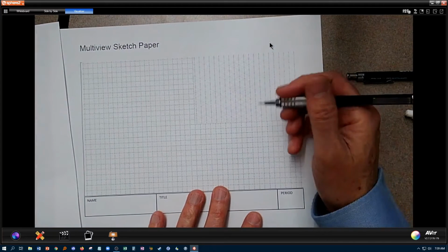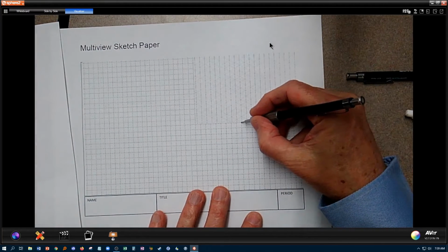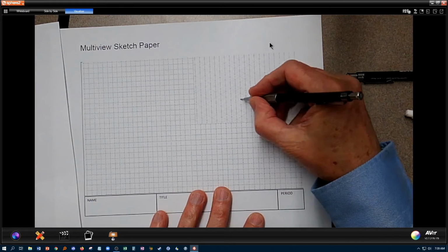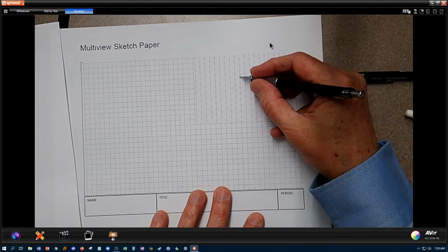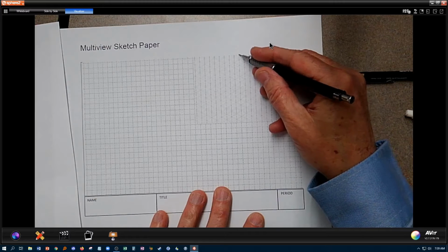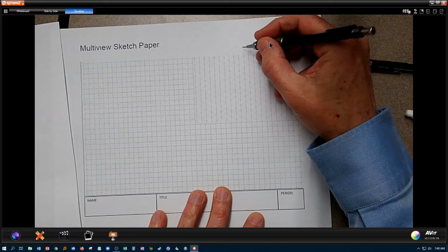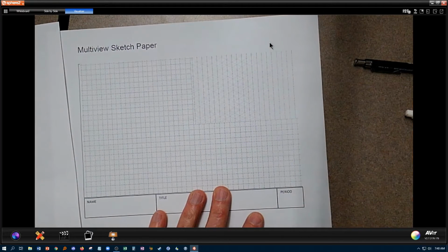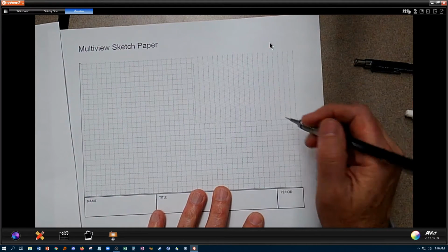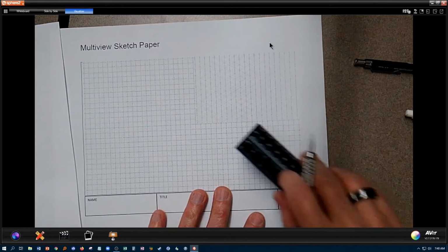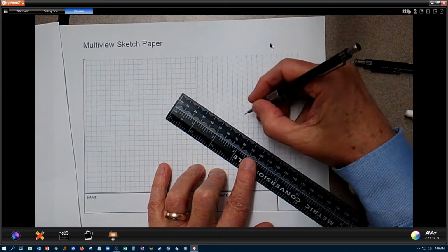And if we go 2 at a time, if we go 2 segments, that would be 14. So we go 1, 2, 3, 4, 5, 6, 7, 8, 9, 10, 11, 12. We're going to be up here somewhere, and that's not helpful. So we're going to just do 1 at a time. One cube equals 1 segment. And we'll start down here,